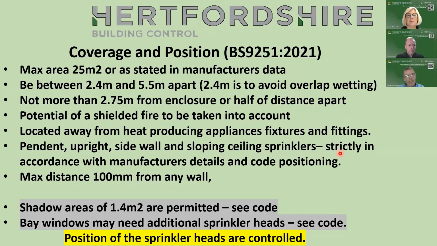This is the coverage and the position. Again, this is just a bunch of numbers that nobody's going to remember. We're going to ping out a PDF of this. It's basically saying the maximum area covered by a sprinkler is 25 square metres or manufacturer's data. They need to be between 2.4 and 5.5 apart. Don't really want to be any closer than 2.75